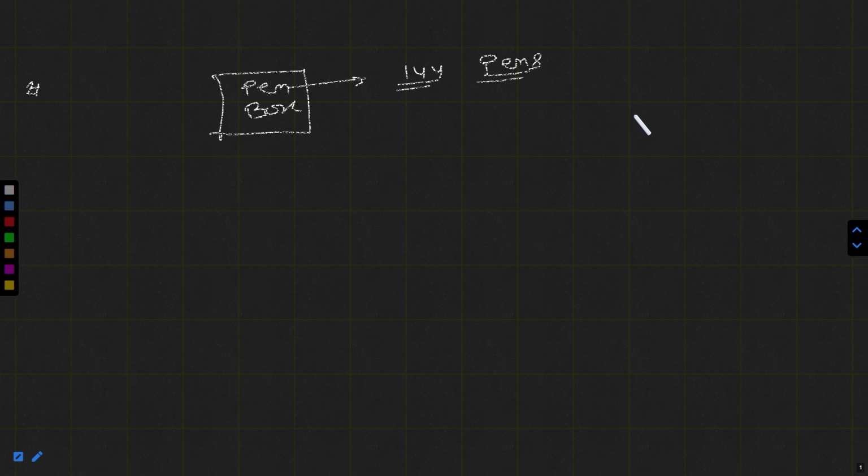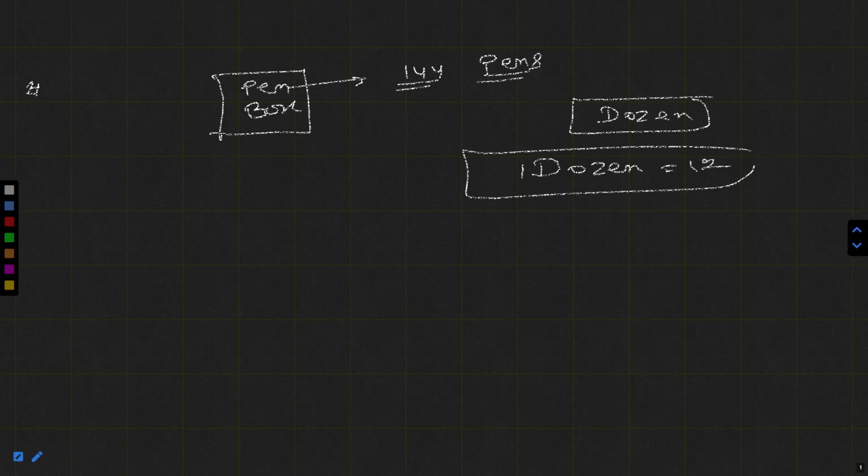So what can you say? And I want to say like convert this value into dozen. You know, 1 dozen is a fixed number and 1 dozen is having 12 number, right? So what can you do? You will divide with 12 and you will get the answer 12. It means you can say 12 dozen pens are there. How many pens are there? 12 dozen pens are there in this box, which is filled with pens having 144 pens.